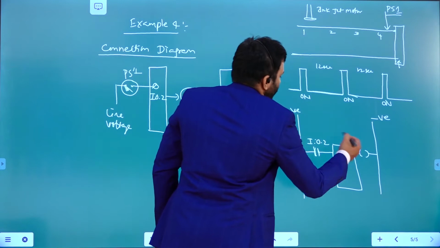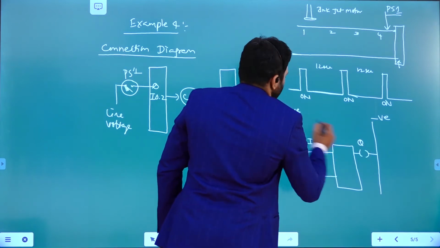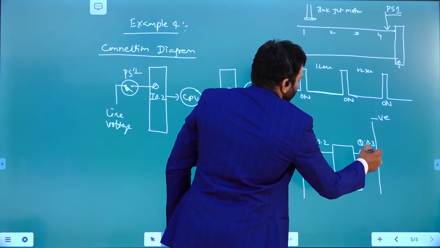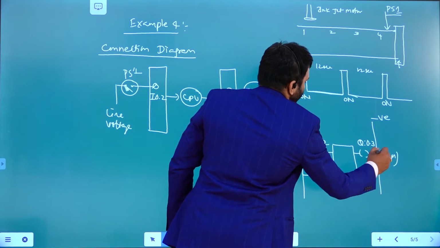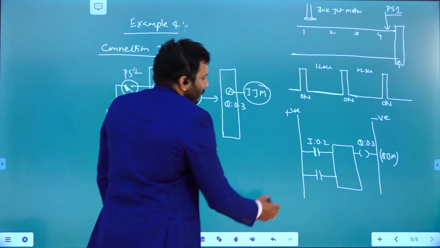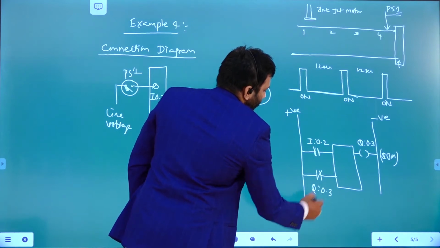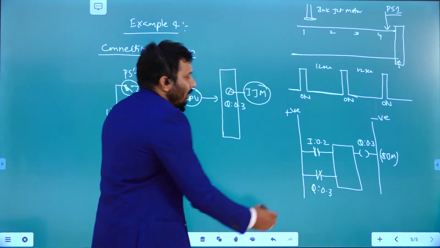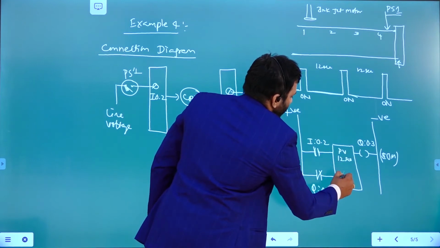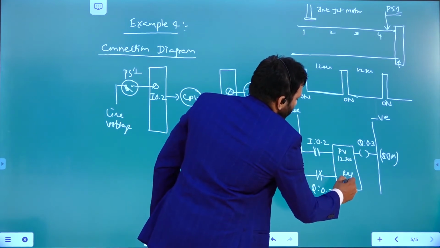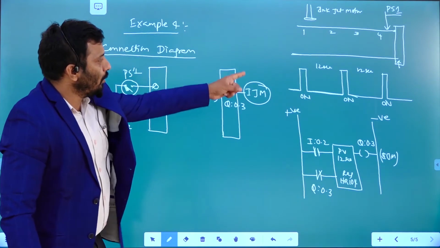0.2. What is the output you are going to get? It is Q 0.3, it's connected. The inkjet motor is going to be connected here, at this address. Whenever this is Q 0.3, see here the preset value: how much delay do you want? 12 seconds. Register, holding register 104 for example. This is the very simple logic to run it like this.